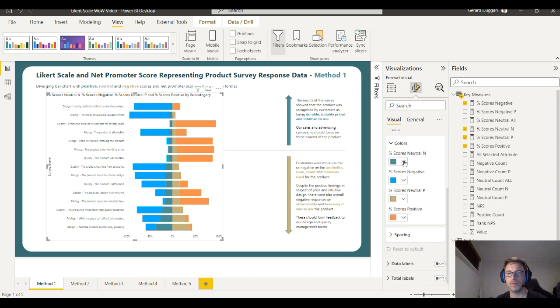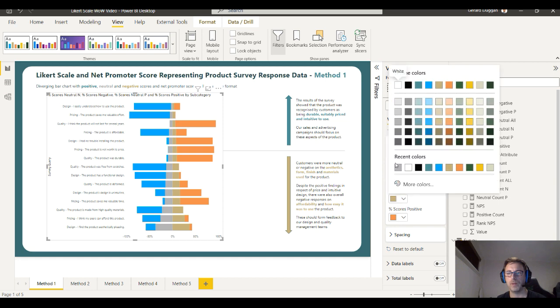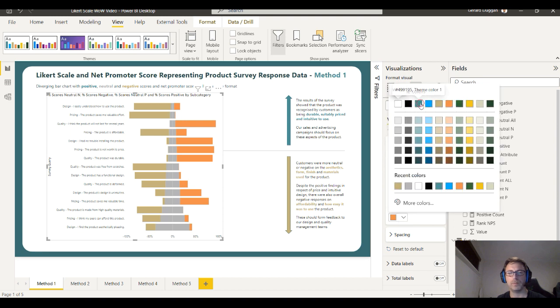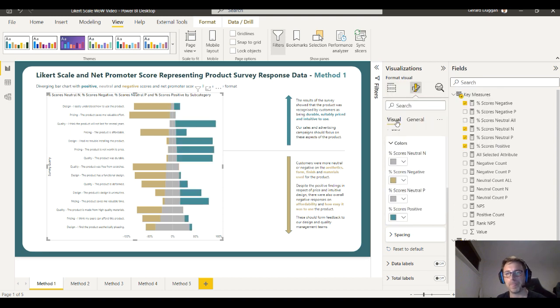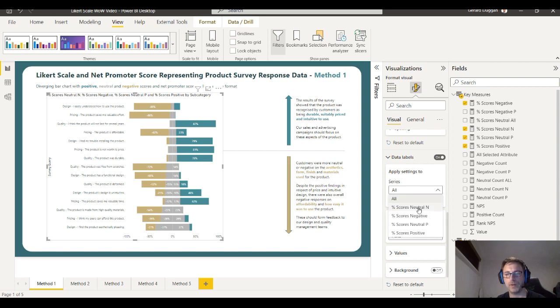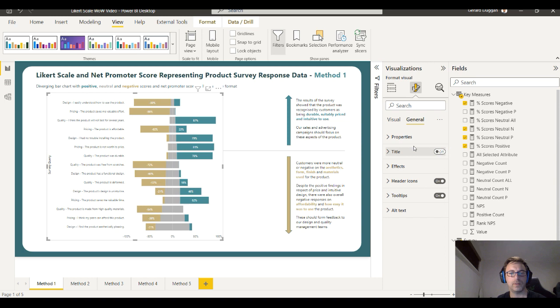For the bars, I want my neutral to be this grey color, negative to be gold, and positive to be green. Then I also want to show data labels. There's a little trick here that for the neutral colors, I just want to turn them off and just leave the positive and the negative. Okay. Now I'll turn the title off too. Now what I want to do here